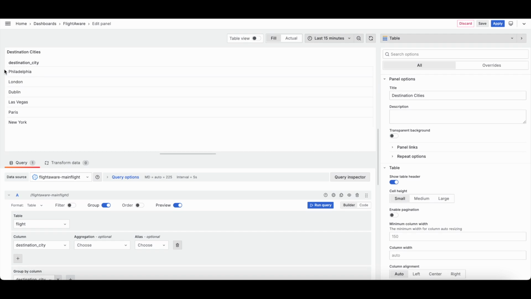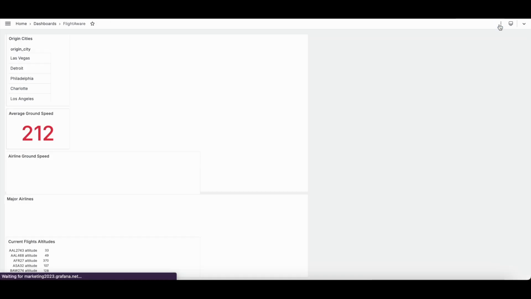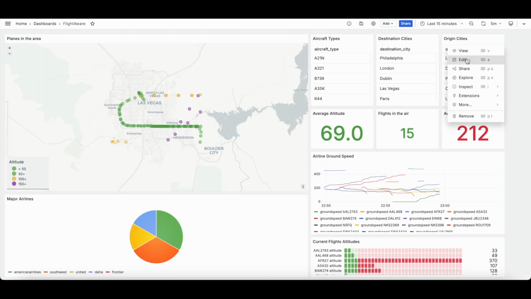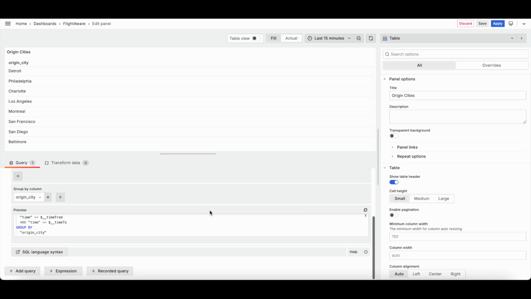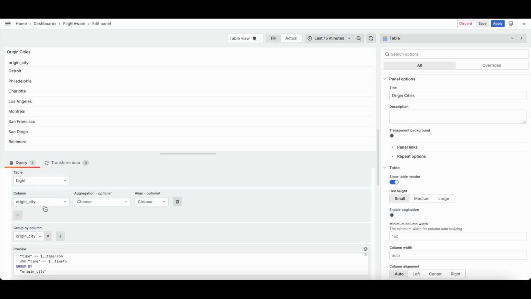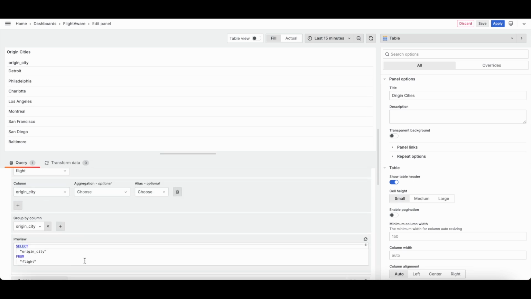So we can see all of our destination cities where all of our planes are going. Again, this is a table, pretty straightforward. Go ahead and apply that. Origin cities is literally the exact same thing. The difference is just that we are getting origin city